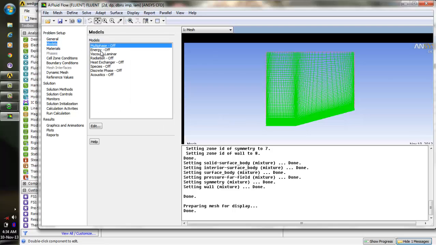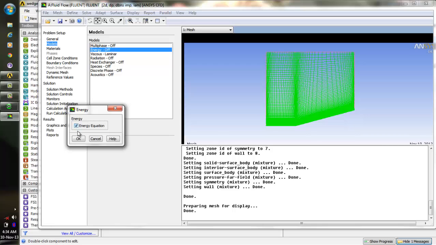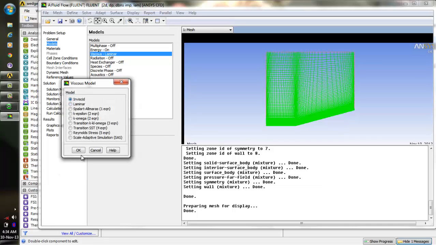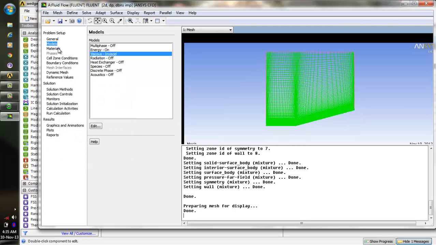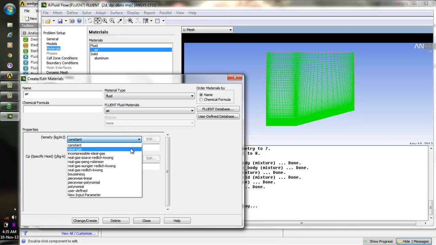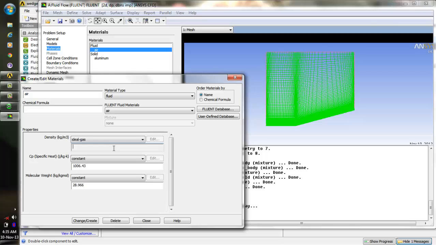We go to models, energy equation we will be turning on, compressible flow, inviscid. At high speed, the viscous forces are less dominant than the inertia force, so inviscid. Okay, materials, air, we will change it to ideal gas, specific heat is 1.0643, molecular weight is 28.96. Okay, change, create, close,